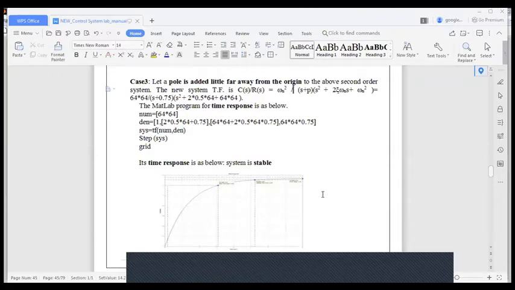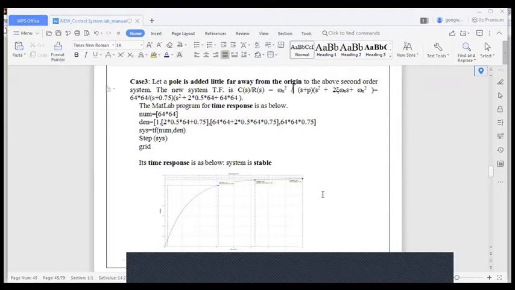Okay. Now the MATLAB program for this time response is as below. See, the same thing is specified in your lab manual also. Okay. So numerator 64 into 64. As I told, you have to write just the coefficients in decreasing powers of s. Maybe the third time I am repeating. In the next program we will not repeat, because there are only small changes. Okay.